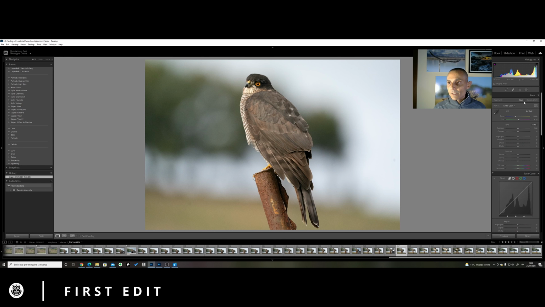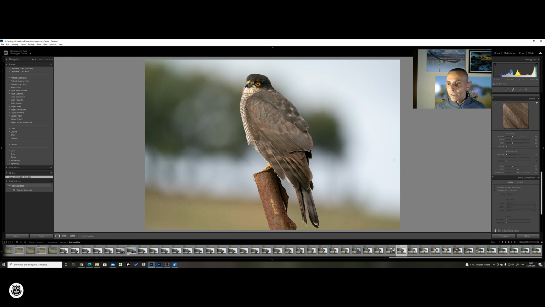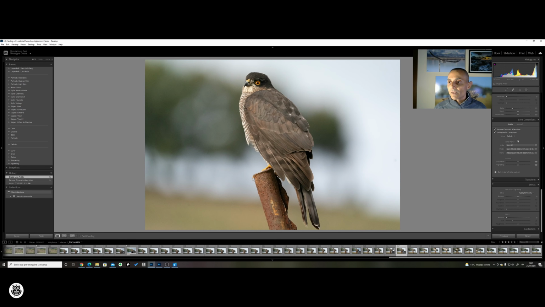The first thing is not checking or controlling the white balance or other things. But the first thing is to remove the chromatic aberration, if there is any, and enable the profile correction, because in this case